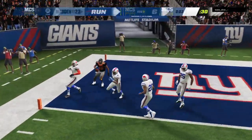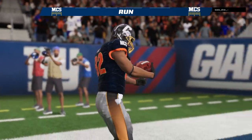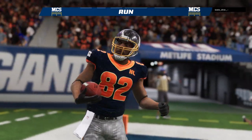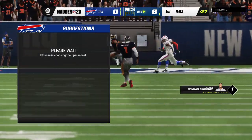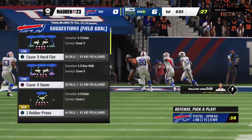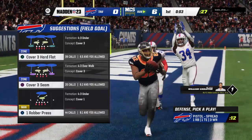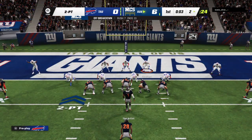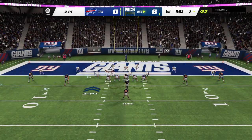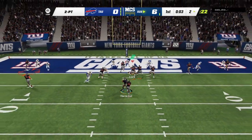And that's going to be caught. Touchdown NFC, a 16-yard touchdown. And the NFC has taken the early lead. Got outside of the tackle box, and sometimes that can be a recipe for disaster, but here it was not. It's frustrating for guys on defense, too, because he got out to the left and still delivered on the